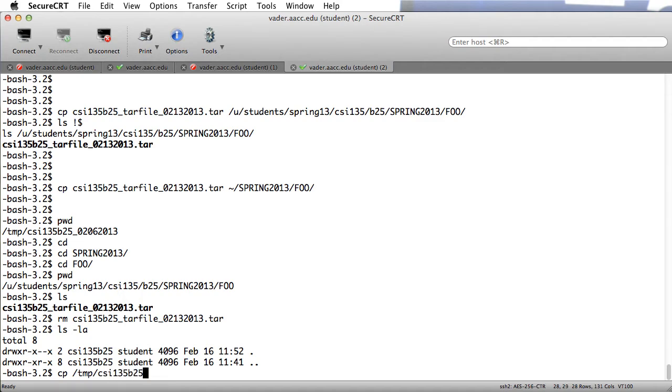/temp/csi135b25, so now we're approaching this copy from an alternative point of view. Initially, we were in the directory with the tar file, so we can get away with just giving the tar file name because it was relative to where we were at. Now that I'm in the foo directory and the tar file is not, the tar file is down in the temp directory, I'm going to have to put in 2013,